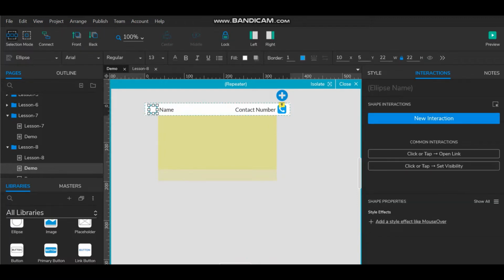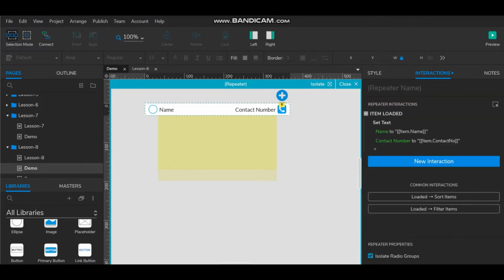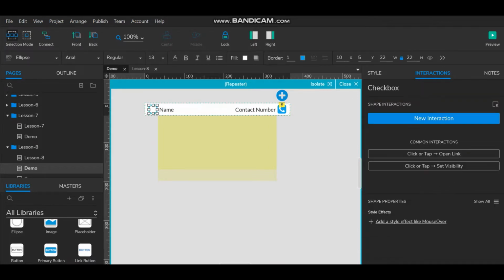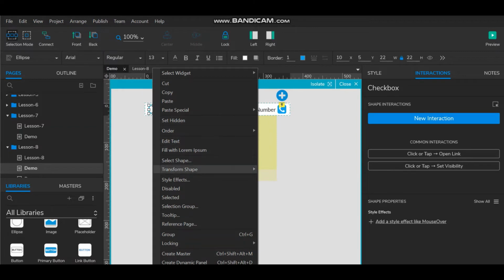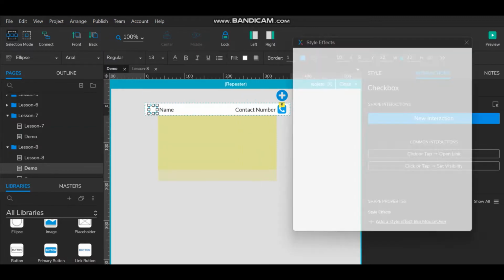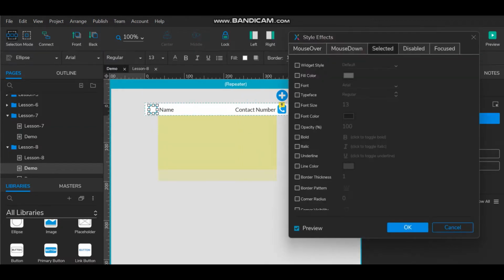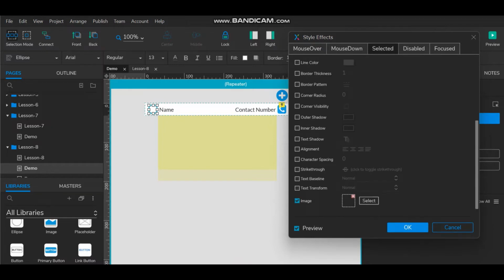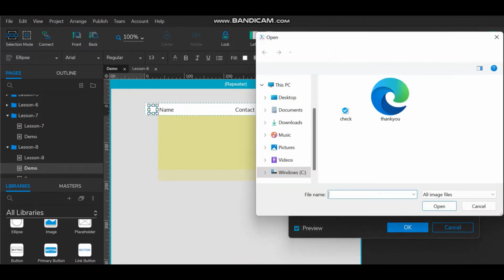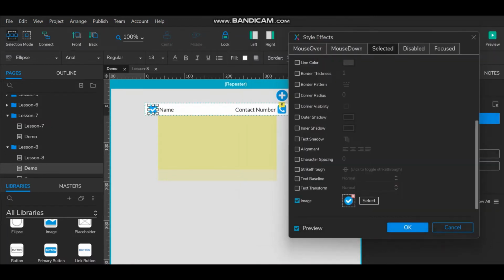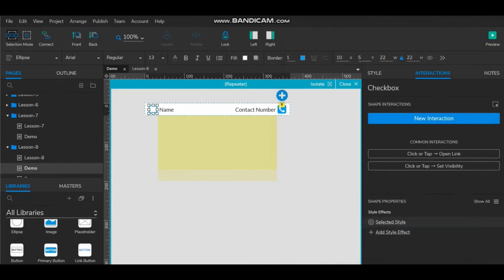Now right click, name it, right click, select style effect, select it, image, select checkbox, and then open. Okay,